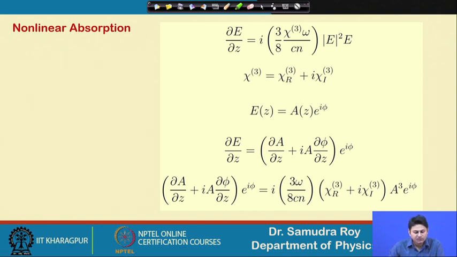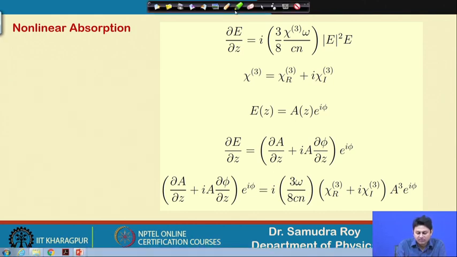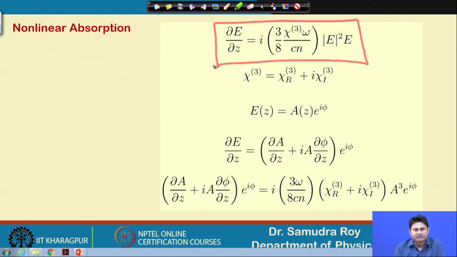So, this is the equation. We start with the equation that we derived for self phase modulation. This is a naturally phase matched equation, and once we have a naturally phase matched equation, there will be no e to the power i delta k kind of term. So, only the exponential terms are there. Now what we will do,